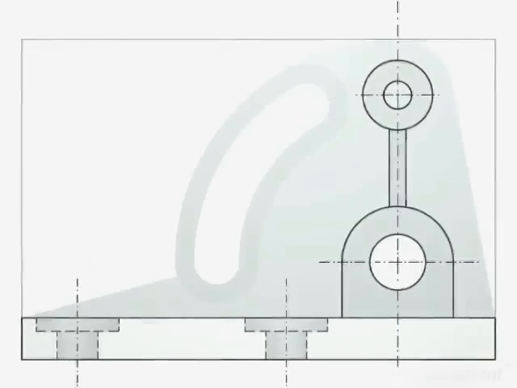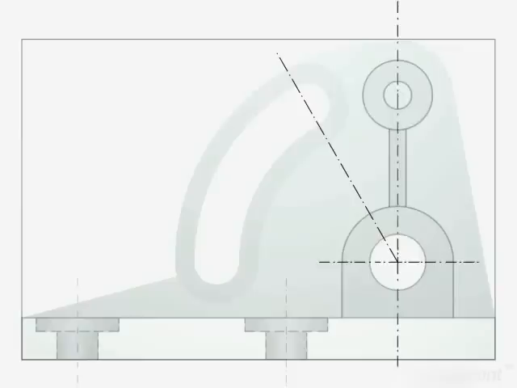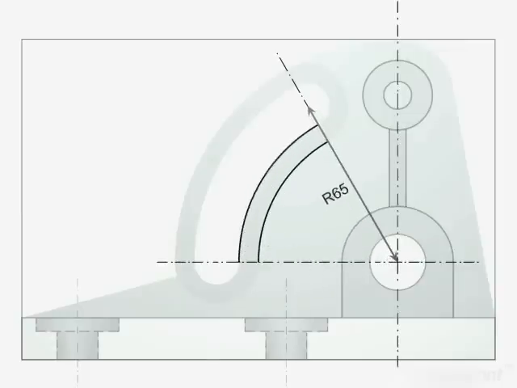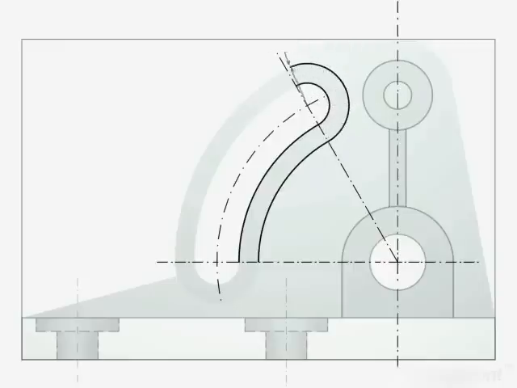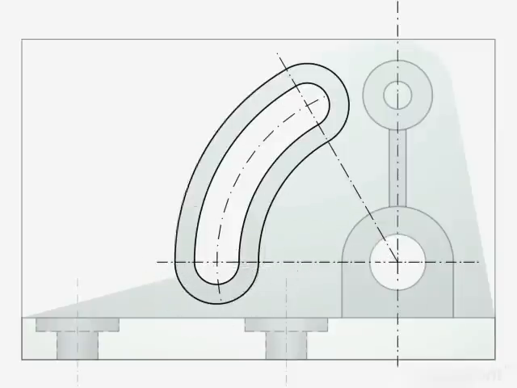In the next step, draw an inclined line at a 30-degree angle with respect to the third vertical center line. Taking the radius as 50 mm plus 7 mm plus 8 mm, draw a semicircular center line that intersects with both the center lines. Now quickly close the end caps of the slot. They have radii of 8 mm inside and 15 mm outside.